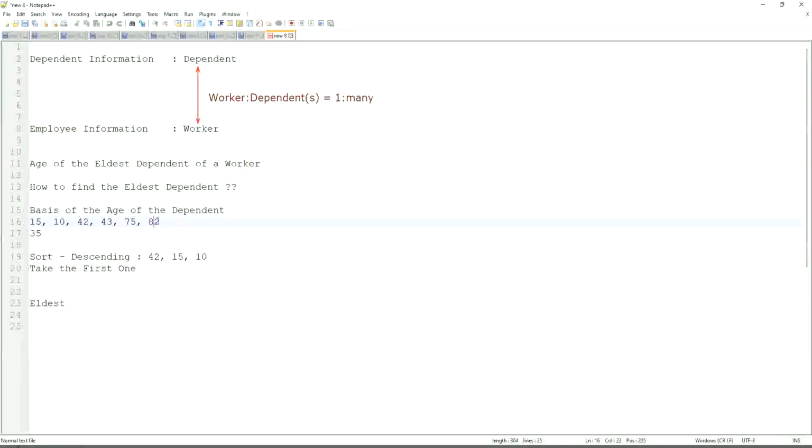So first thing that we are going to do is find out the eldest dependent. So we will sort the dependents based on the age. And then we will see what is the criteria on the basis of which we are choosing. But first, you realize that we are going to store the new calculated field in which business object, worker or dependent. But does the worker business object have the information about the dependent's age? The answer is no. That is why we are going to use a combination of calculated fields that is called